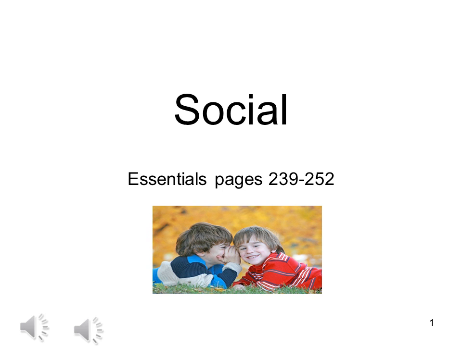Our discussion about social development begins on page 239 and goes to page 252. So let's think just a little bit about what social development entails. We know that social behaviors are learned,